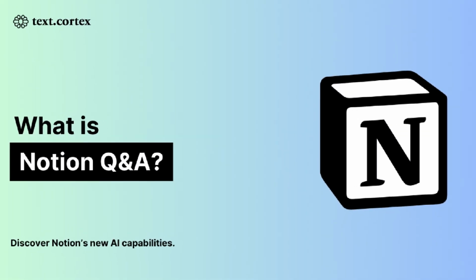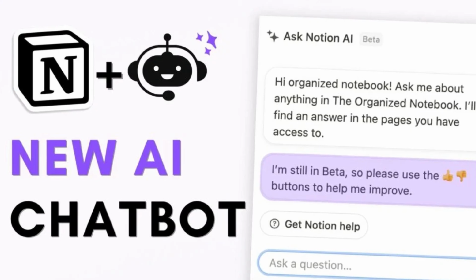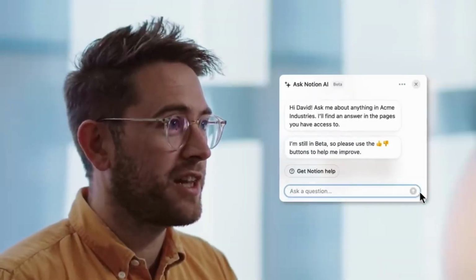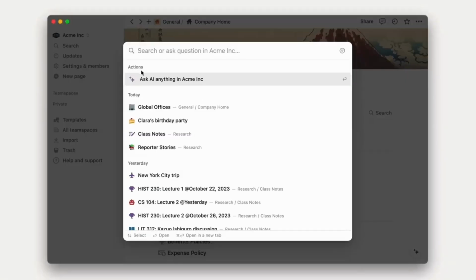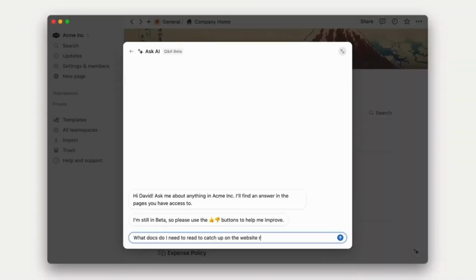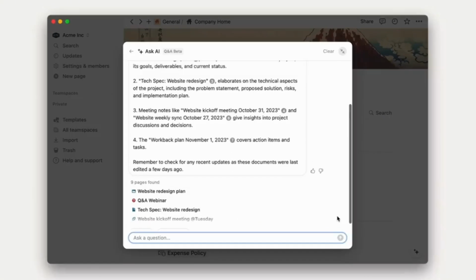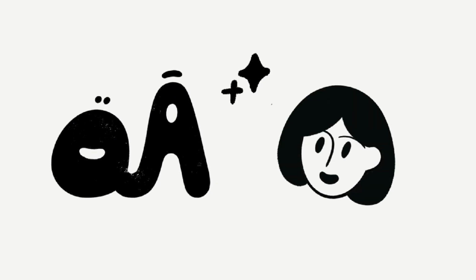Notion Q&A AI. Drowning in pages, docs, and project notes? Notion Q&A turns your entire Notion workspace into a searchable, conversational knowledge base. Ask a plain English question, like, what was our revenue goal for Q3? Or, where's the redesign project brief? And get instant, context-aware answers pulled directly from your Notion pages, databases, or even connected sources like Google Drive and